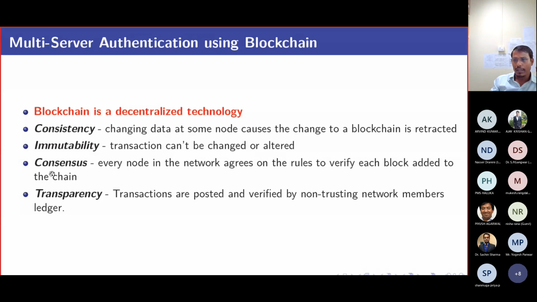Consensus algorithm: the node creation in the blockchain does not allow just anyone to create a node. So there must be some common algorithm, and that is called the consensus algorithm. That means all the nodes in a blockchain network must agree on some common protocol. Whenever a node is created, it is validated by the consensus algorithm. If it is validated, then that node can be added to the blockchain, otherwise not.